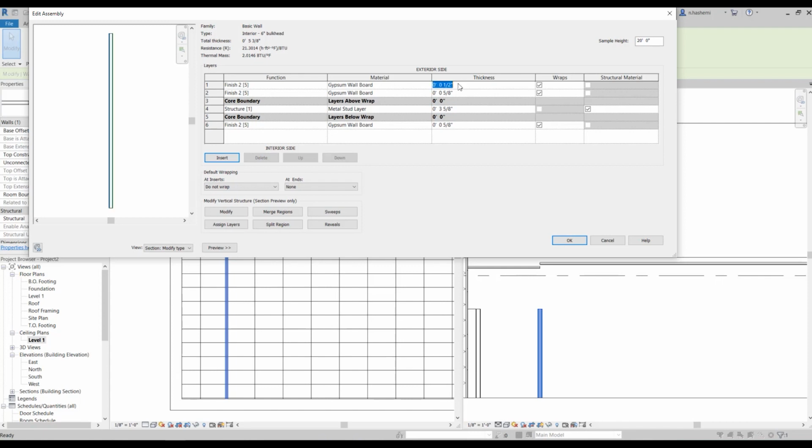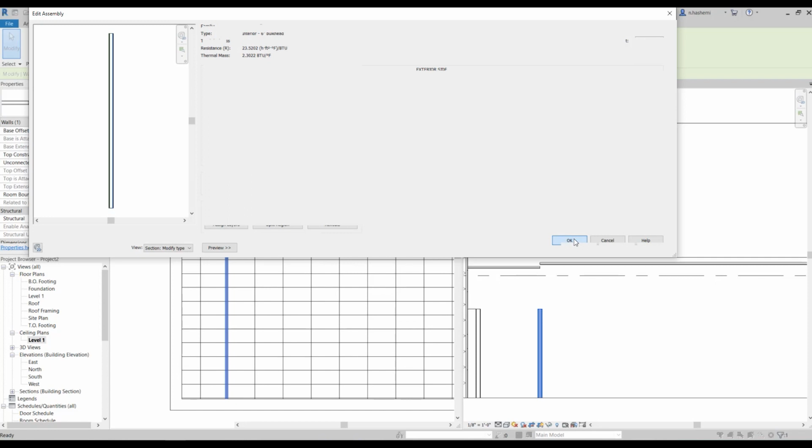Should be four inch. This again half an inch. And we have two finish layers on this side, so this one, copy this one. And hit OK. So we have the structure and finishes.